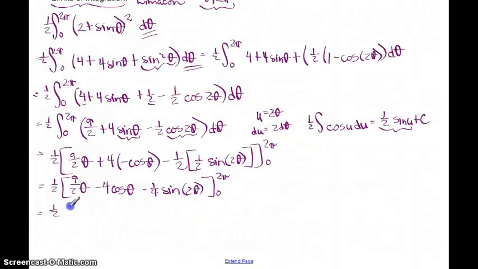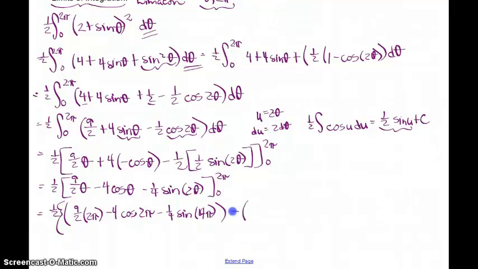That's 1/2 times 9 halves times 2 pi minus 4 times the cosine of 2 pi minus 1/4 times the sine of 4 pi. So there's my upper limit. The 1/2 distributes all the way